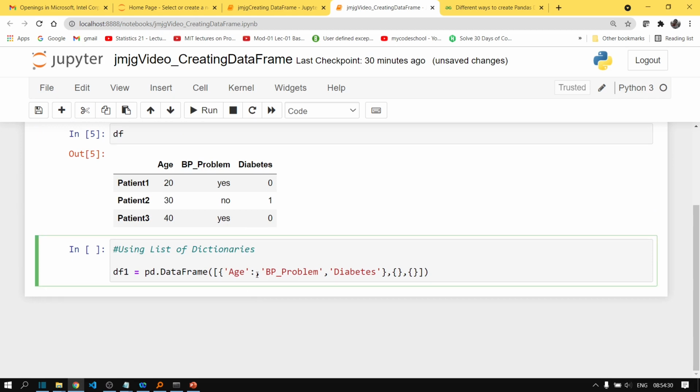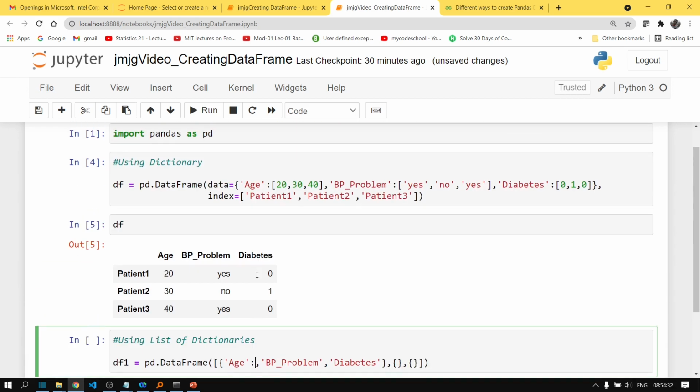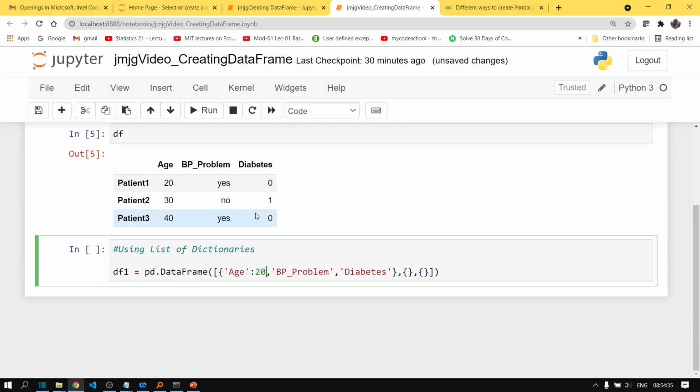So we will have to pass only one value. So we will pass it like this: age colon 20, BP problem colon, let's say yes, and diabetes 0.